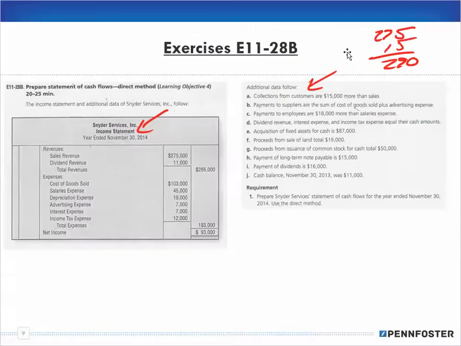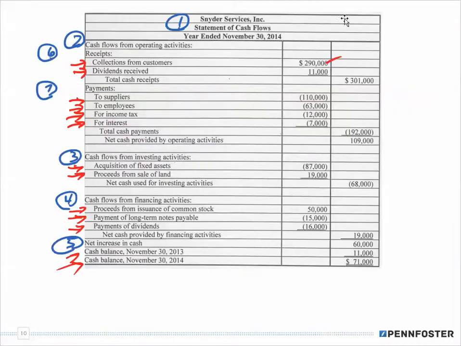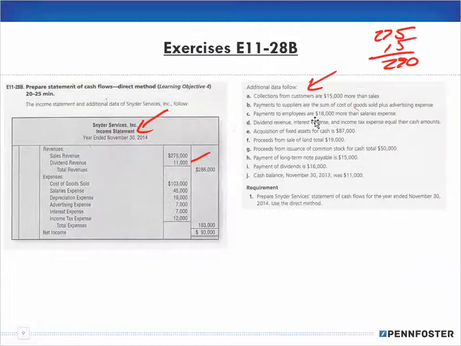Next, dividends received. Let's see here. Payment of dividends is, let's see here. Right there, dividend revenue, $11,000. That goes there. Right, and those are my only receipts from my operating activities, so we end up with a total of 301. Now I go back and I look at my payments to suppliers,